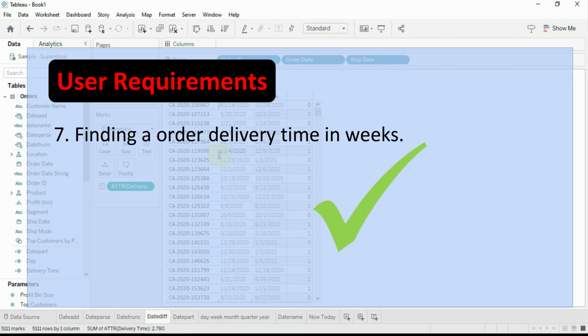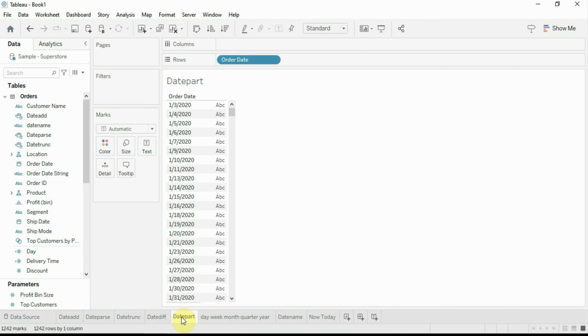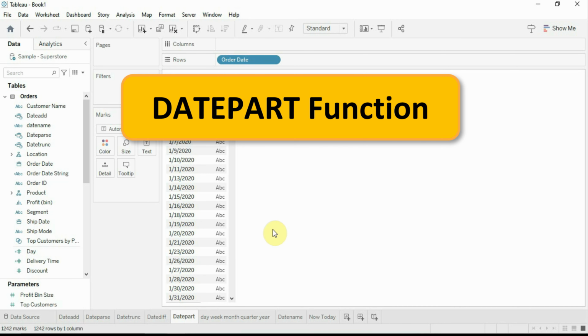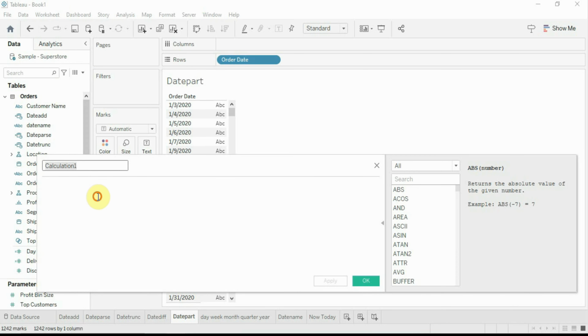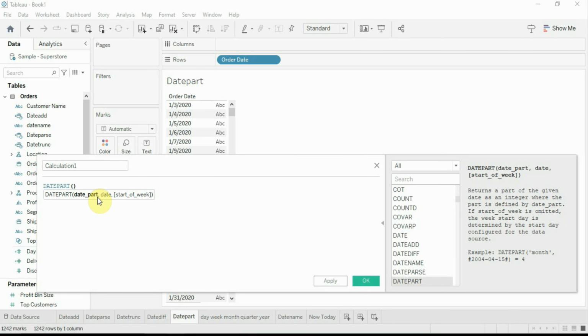In continuation, let's learn some more date functions. Date part functions return the specified date part as an integer. Create a calculated field, type date part. In the date part, write month and put order date as the date field.